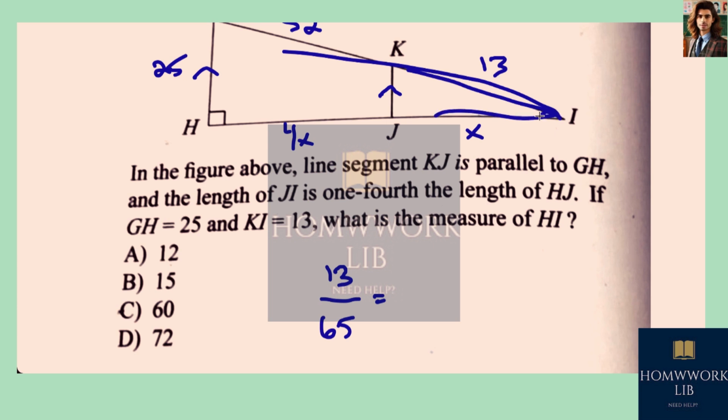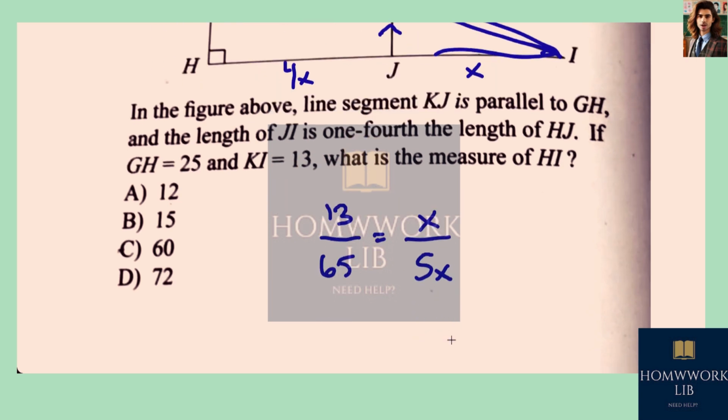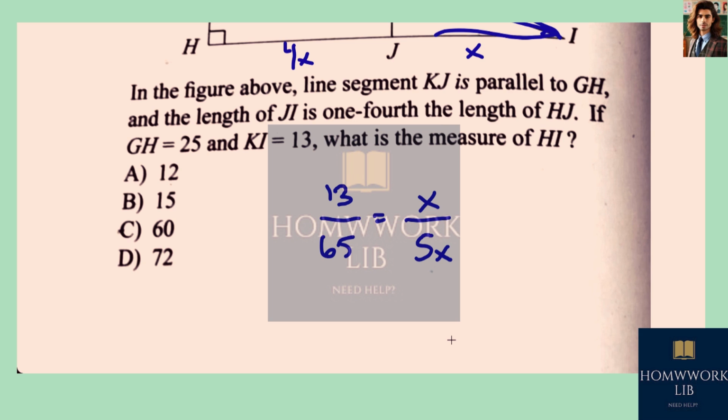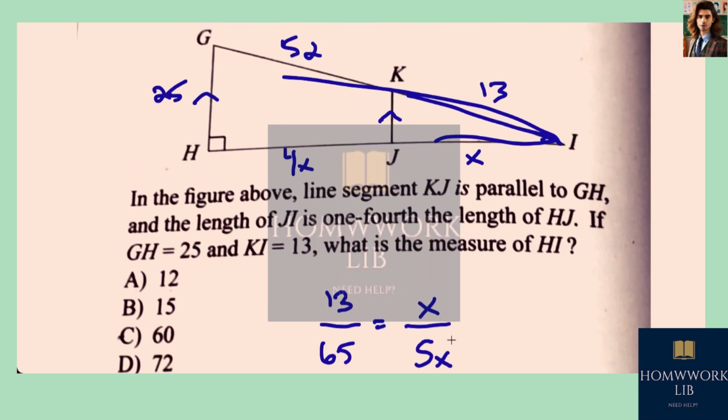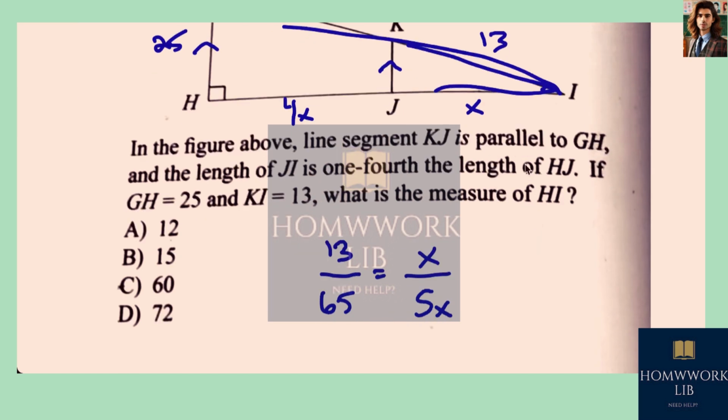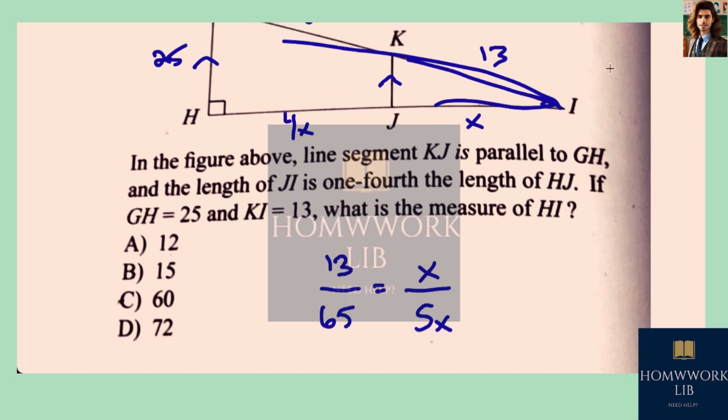x to 5x. But we're not going to be able to find x. But we can find KJ. This proportion is true that I've written, but it's not going to help. This is a tricky question. But like KJ